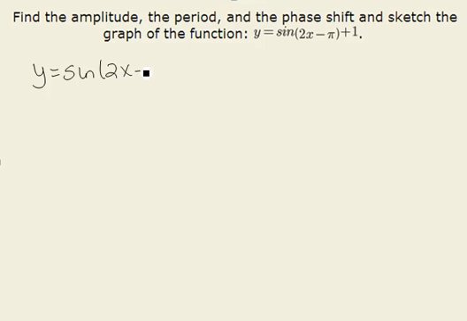of 2x minus pi. We will first graph the 5 critical points for sine, 3 x-intercepts and the high and low point, and then we will shift the entire graph up by 1 unit by adding 1 to each one of the output values. We will recognize in the function y is equal to sine of 2x minus pi that our amplitude is equal to 1,